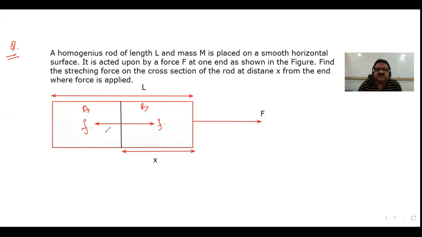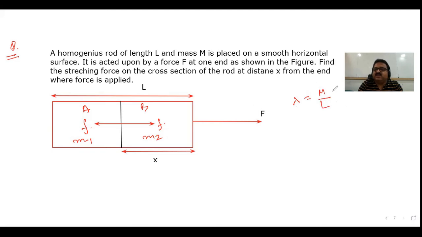the same force. Now here you need to do one important thing. Suppose the mass of section A is M1 and the mass of section B is M2, and we need to find the values of M1 and M2. Now it is given that the rod is homogeneous, that means identical density on all sides. So first find its mass per unit length, lambda equal to M by L. This is called linear mass density.